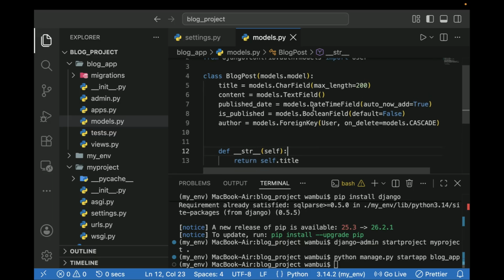Then we're going to first set up our database. So we start by generating the migration files. Once we have the migration files, we use them to set up our database using migrate. So that is what we're going to do. We come here and run python manage.py makemigrations,